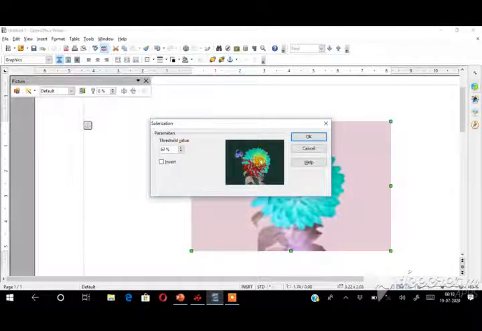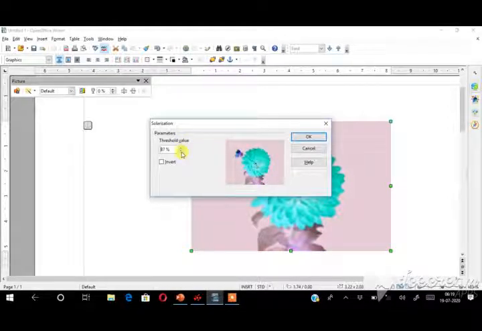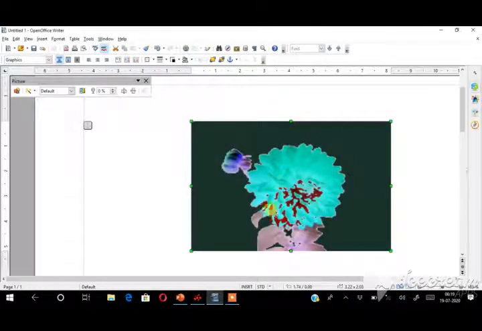See this in the preview window, we can see how the picture is changing here. And then click the OK option. See this picture. So again I change the picture back to the original shape, then only you can understand all the changes.